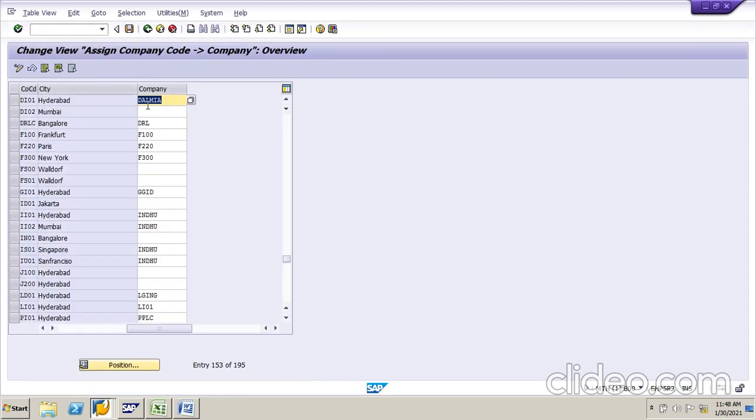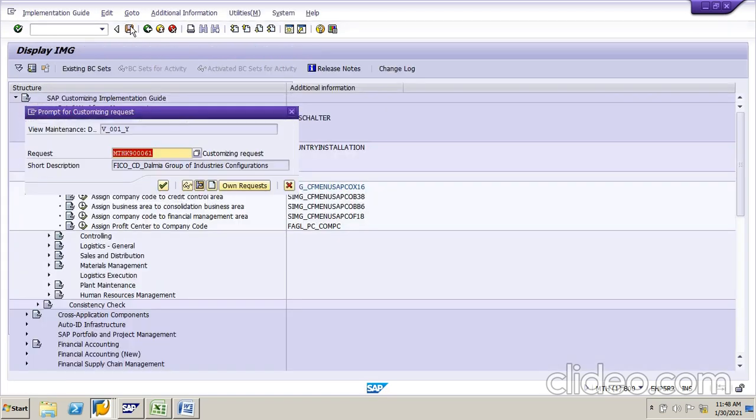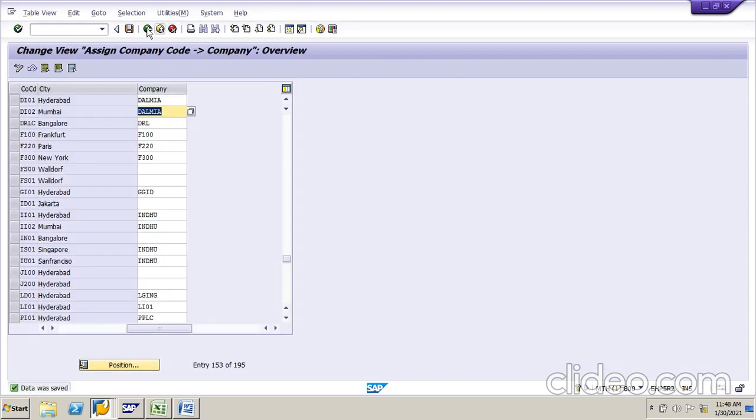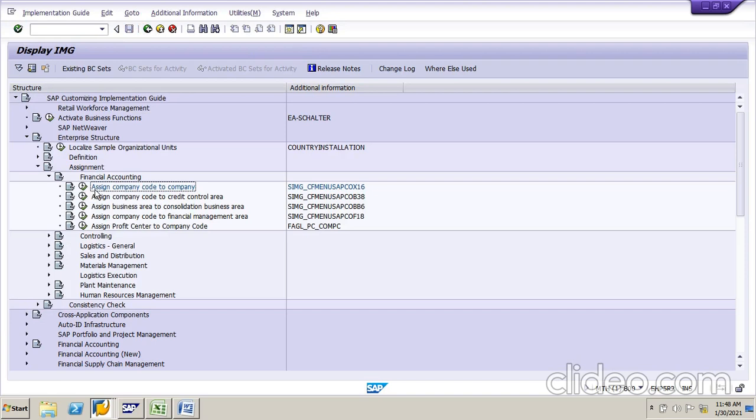Just double click here. So for DI01 this is the company, and the same for DI02 also. Under this company we have created these two company codes. Okay, just save in same place. This is a step. Next step, assign company codes to company is completed. This is the T code OX16.